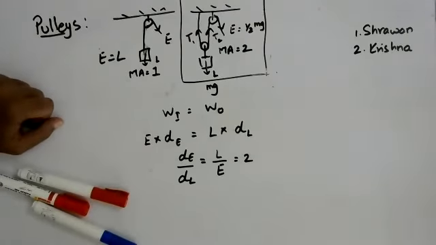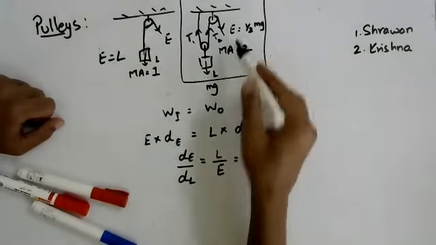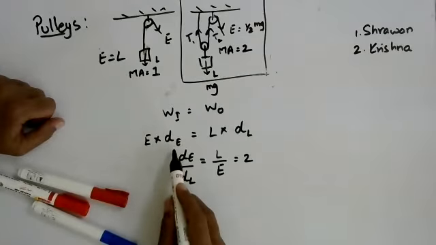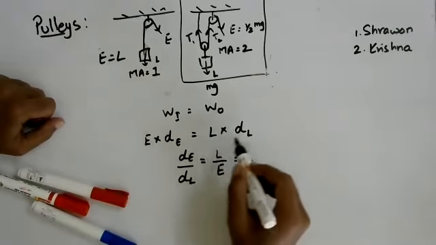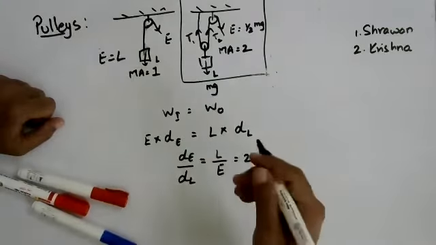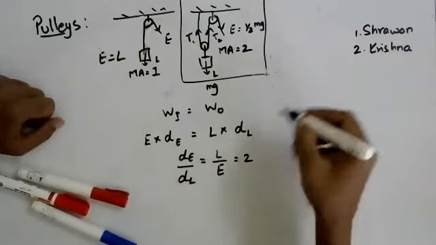Now the point is that there cannot be, according to the law of conservation of energy, an increase or decrease in the force at the input side and the output side. In other words, the work done on the input side should be equal to the work done on the output side. So therefore, what is work done on the input side? That will be the effort multiplied by the distance moved by the effort. And in this case, so now we are not talking about the situation in which there is no movement. Let us say that the situation has now changed.